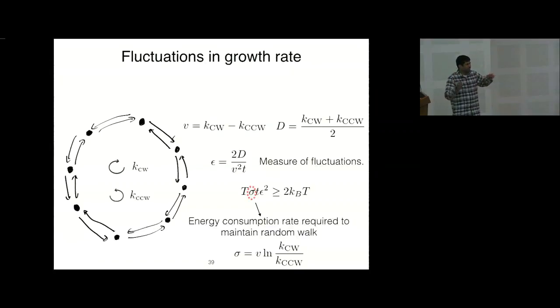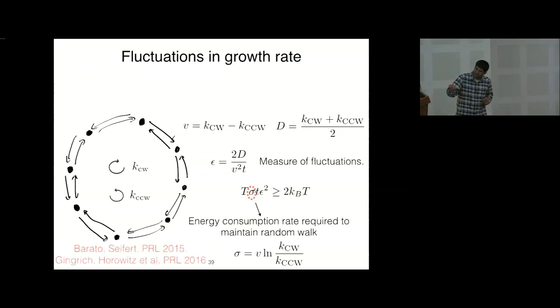And the reason I'm harping about this for such a long time is in some sense to justify the recent interest in thinking about things like trade-offs between energy, speed, and accuracy. Relations of this sort do suggest that thinking about energy consumption rate can be a fruitful quantity because it does constrain fluctuations of various seemingly unrelated quantities. Okay,